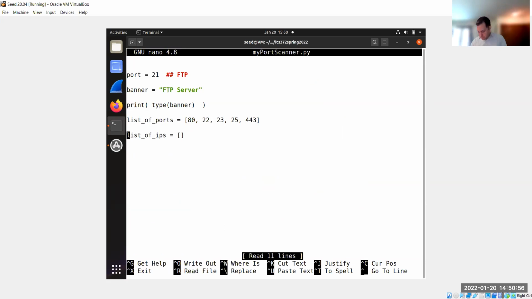Now, let's say I have a list, and I want to add more ports into this list. One quick way to do that is list of ports dot append. So in list of ports dot append, I'm going to add just another port. So let's say port 21. It's not there, right? And then now when I print the list,